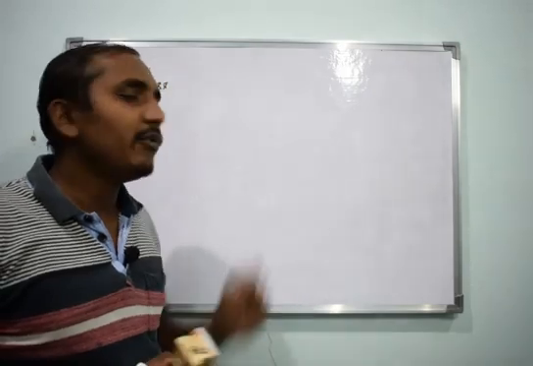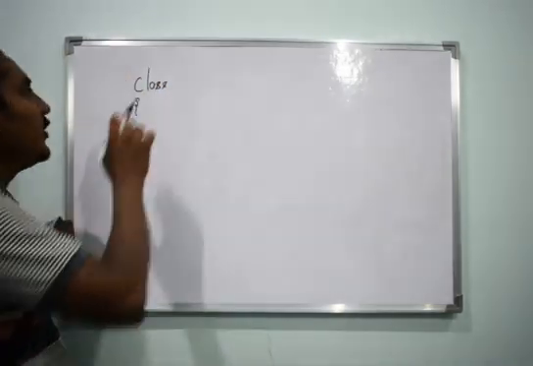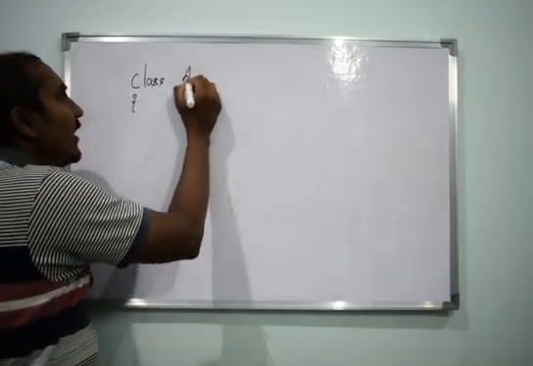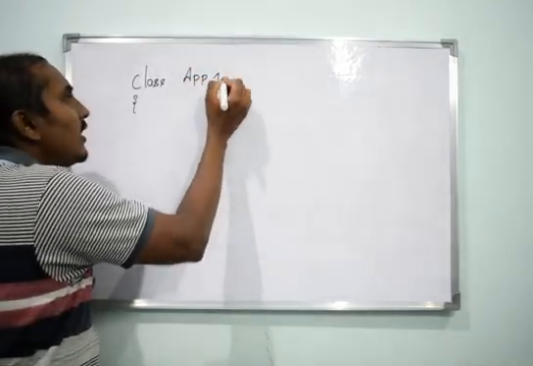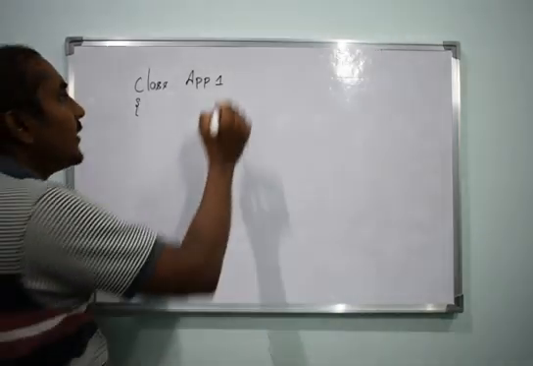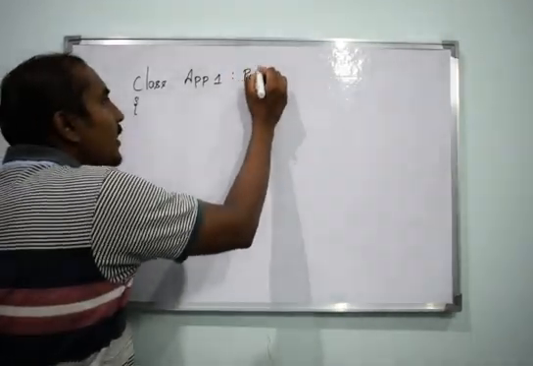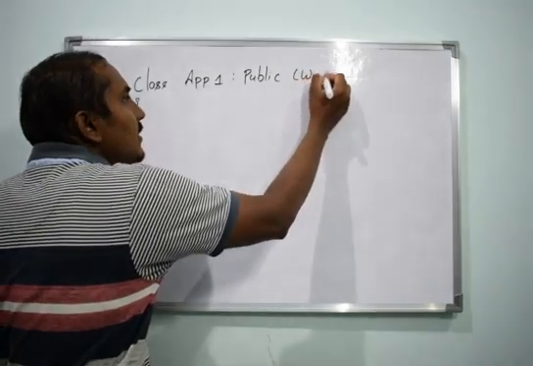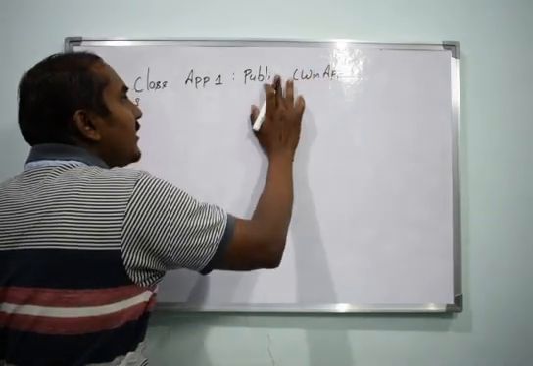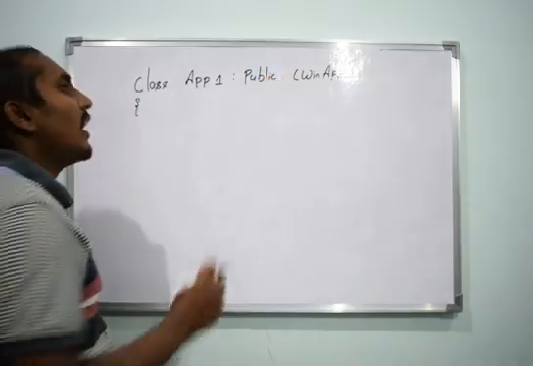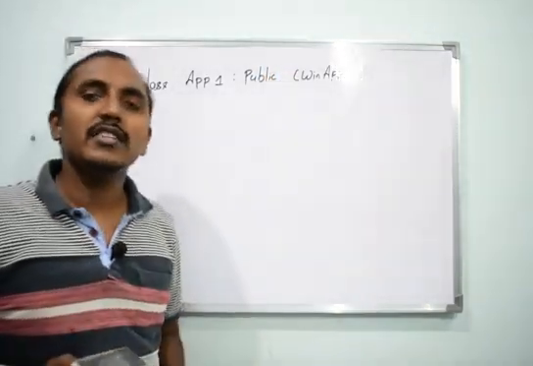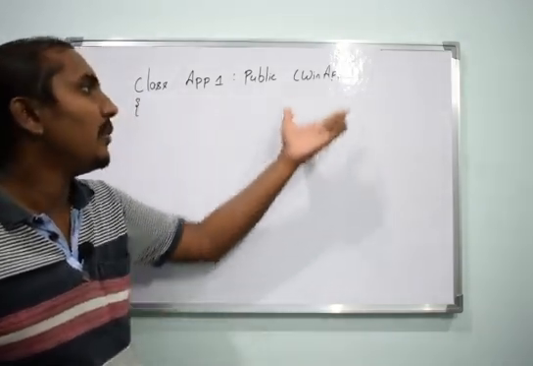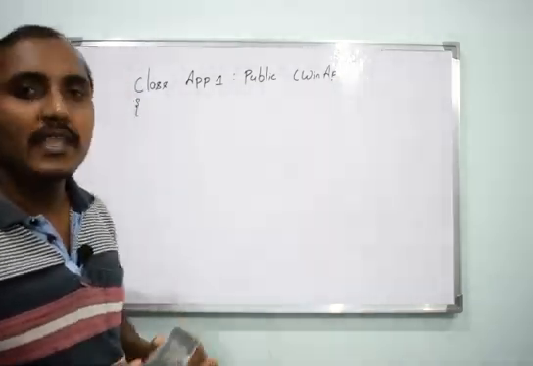Now we have created one frame already. For that frame I need to define the application. I can give any application name. I'm going to give the name as app1, and this app1 should be a subclass of CWinApp. CWinApp is a predefined class. This class will have all the information regarding how to create an application, and the information related to the particular application will be stored in CWinApp.